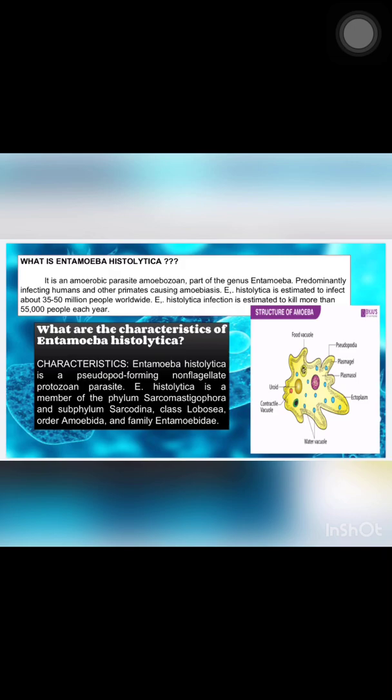Another meaning of Entamoeba histolytica: it is a tiny parasite which is spread through human feces. Often there are no symptoms, but sometimes it causes diarrhea, nausea, which is a feeling of sickness in the stomach, and weight loss. So these are some symptoms